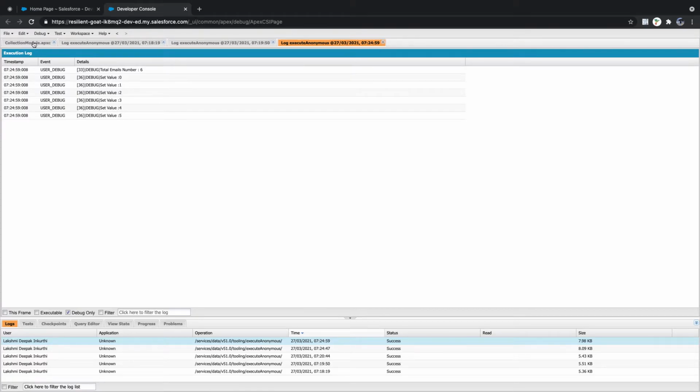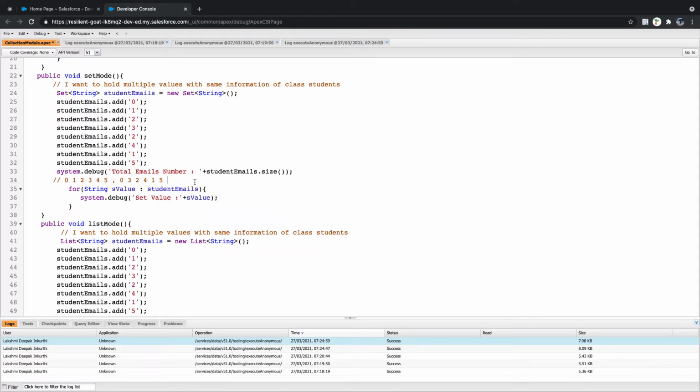But now let me tell you one thing. A set will not have an order of items. Set will not have any order of elements or values. So for a set, we can't define that elements will be in the same place, or always be available from the same place. So we can't predict any value from a set, like what the order will be.